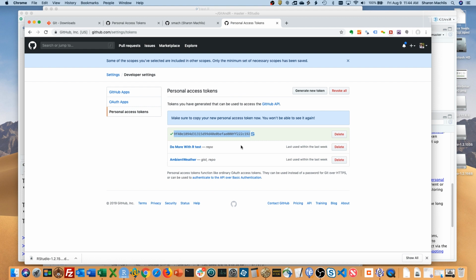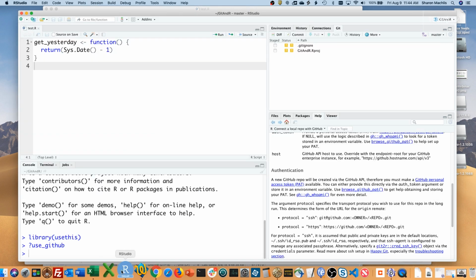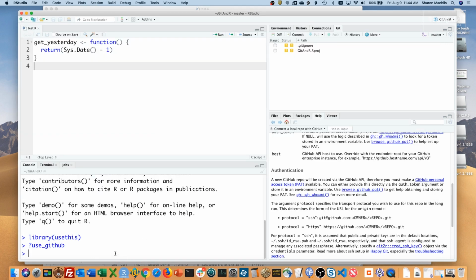Now, if you're not worried about anything super sensitive in your GitHub, the best way to store this is in your R environment file. Let's get back here. If you want to use this, the edit_r_environ function will open up the R environment.